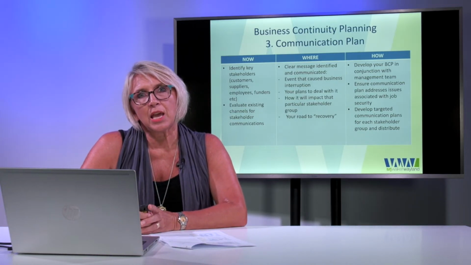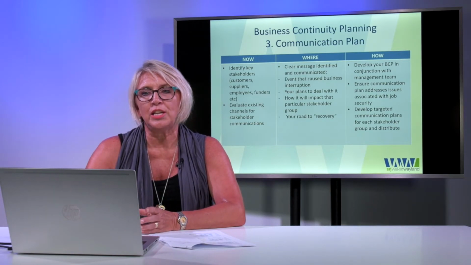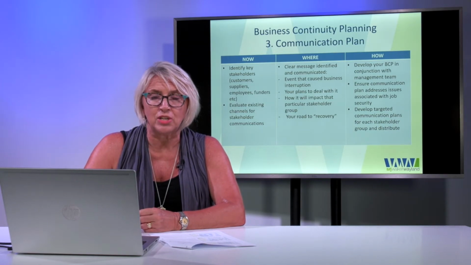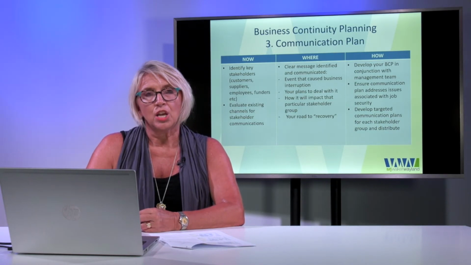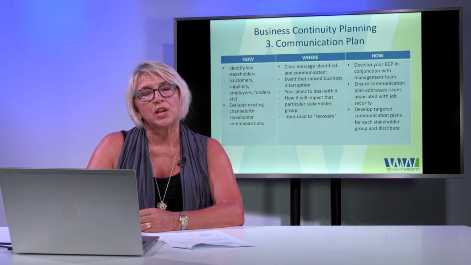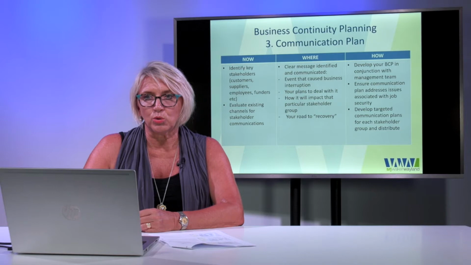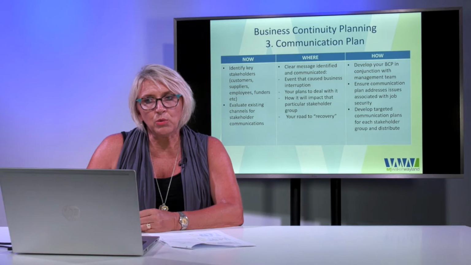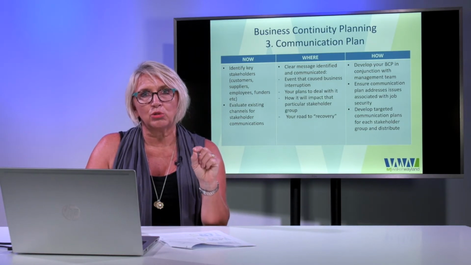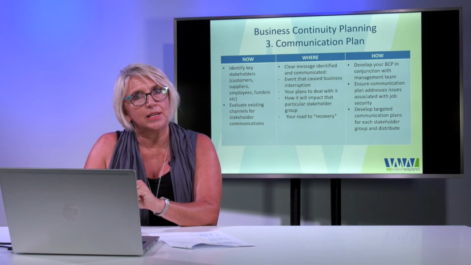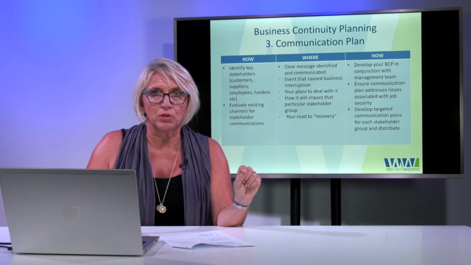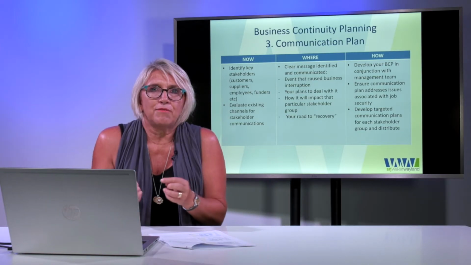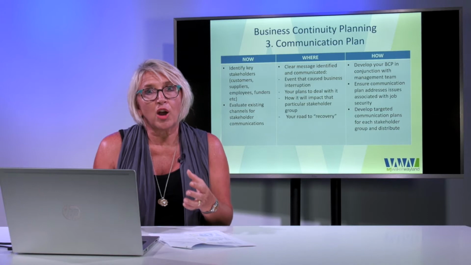You need to be thinking about your where. So your where is, you need to make sure in the event of a situation happening, that you have got a clear message identified and communicated. And that message needs to include things such as what is the nature of the event that caused the business interruption, what your plans are to deal with it, how it will impact that particular stakeholder group, bearing in mind that the impact on employees will be very different to the impact on your customers and very different to the impact on your suppliers. And you need to give them some sense of comfort by providing them with a plan